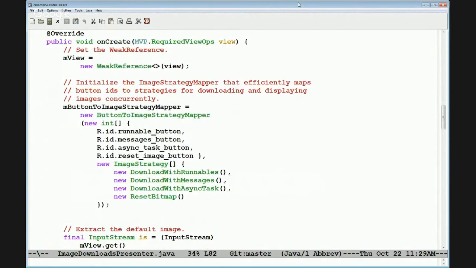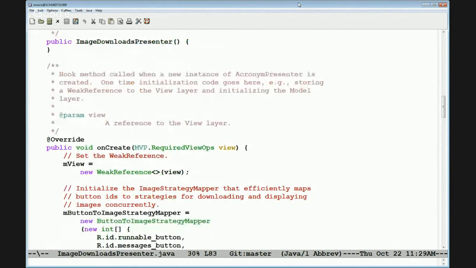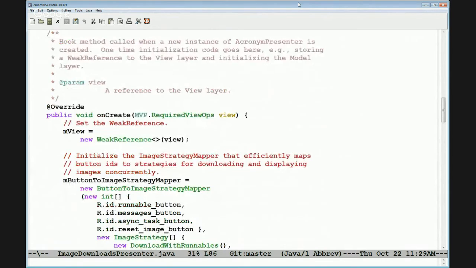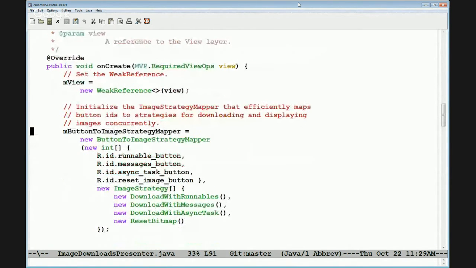Here's the onCreate method. This is the method that's called the first time the presenter layer is initialized. So the first time in, onCreate is called. It makes a new weak reference to the view layer so we can get back to it. And then it goes ahead and initializes the button to image strategy mapper object. It creates a new instance of something called the button to image strategy mapper, which is essentially going to